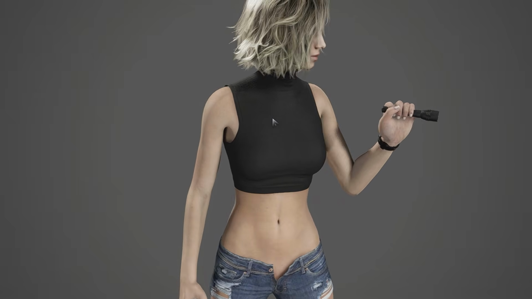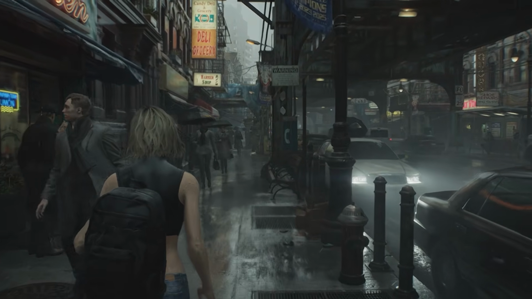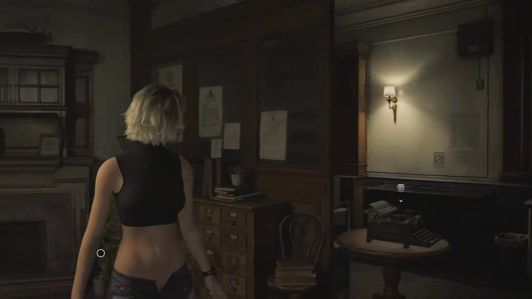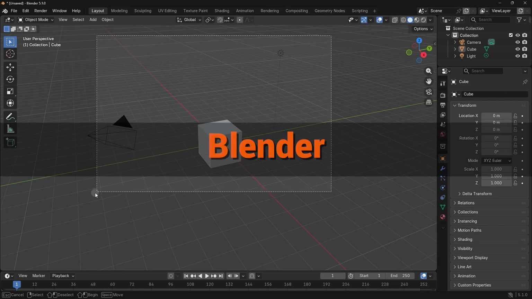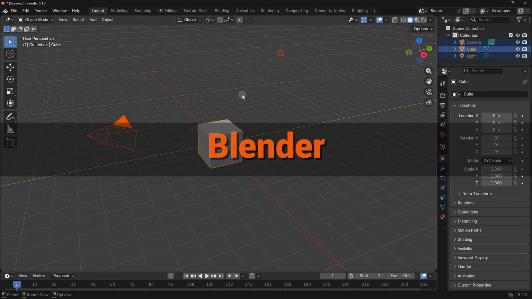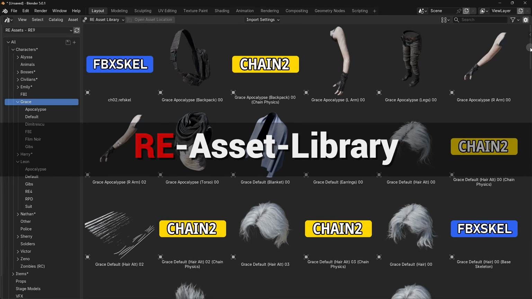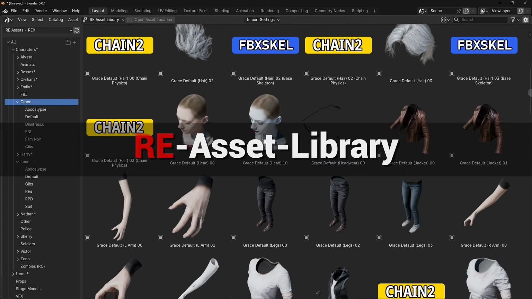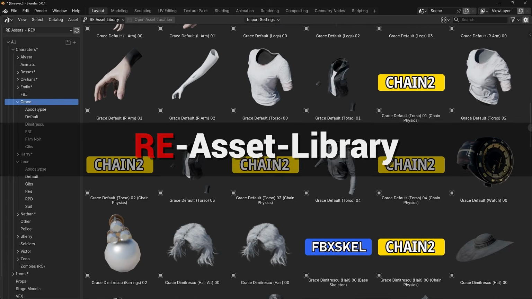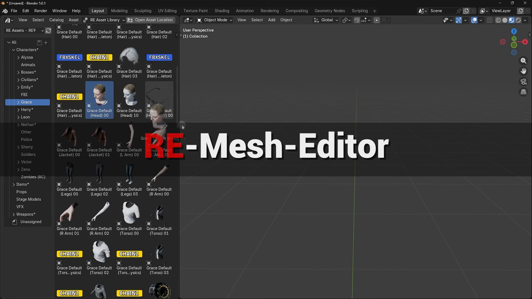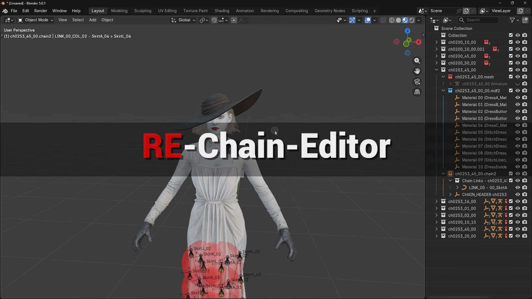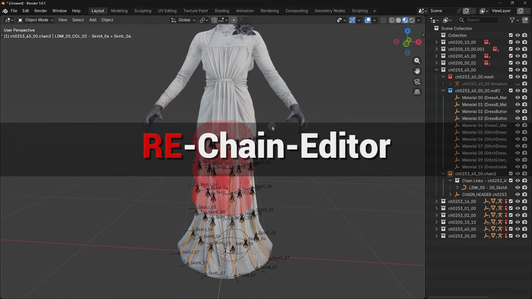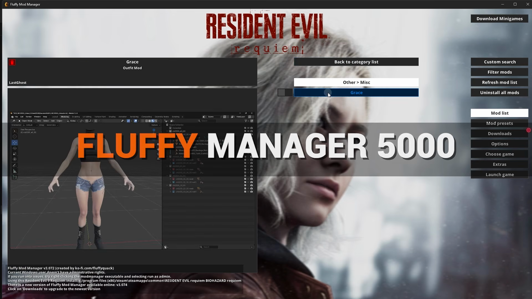In this video, I am going to show you the full modding workflow for Resident Evil Requiem, step by step. We'll handle all modding process inside Blender, a powerful and free 3D software. We will use RE Asset Library add-on to extract the game assets, RE Mesh Editor add-on to export and import mesh and material files, RE Chain add-on to handle physics, and the Fluffy Mod Manager program to install the mod